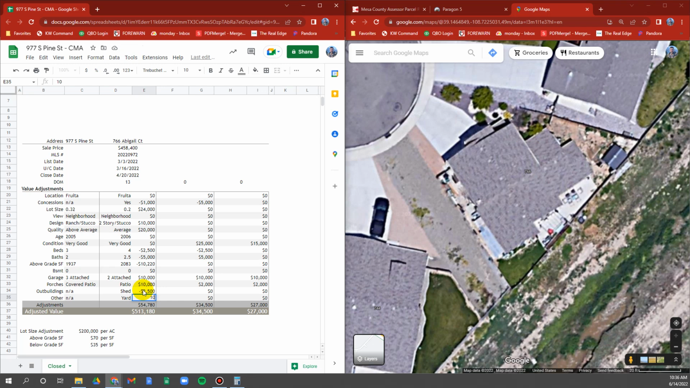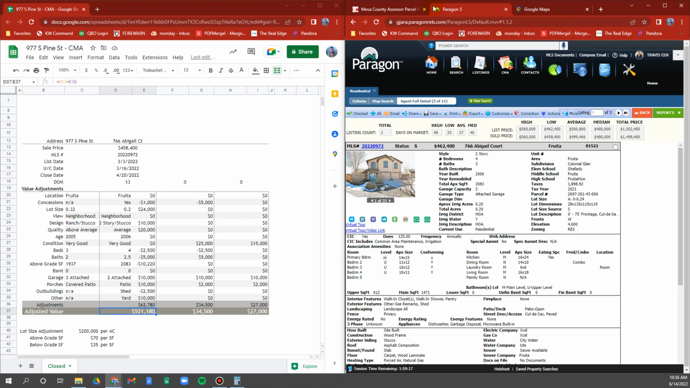We've got 24 for the size of the lot, but I really think we've got value for that. We're going to do yard because this one has just such a nice yard. All right, I'm going to do that. Next